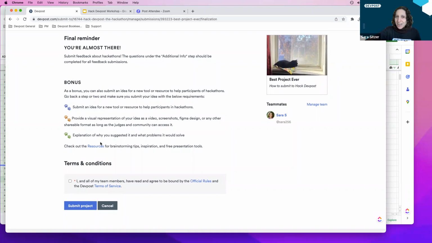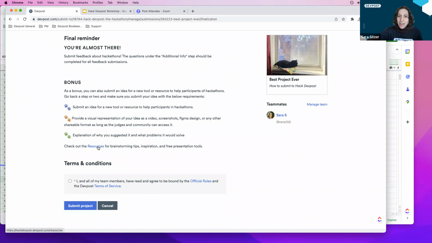For the feedback track, the more info and details you provide, the better. And also be sure you answer all those questions, even though you can technically get by clicking the save and continue link without answering them. You will only be considered eligible if you answer everything.